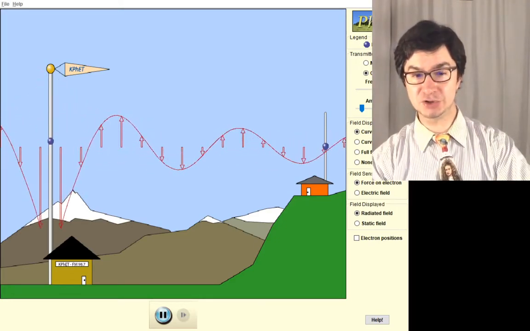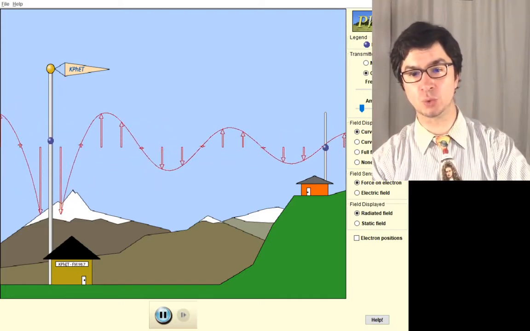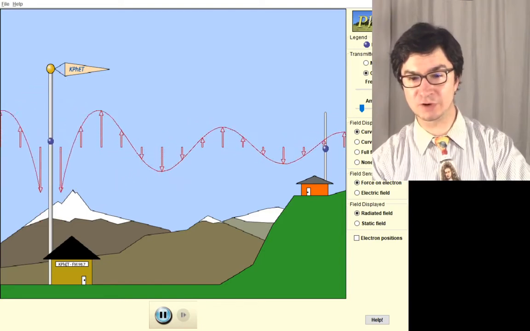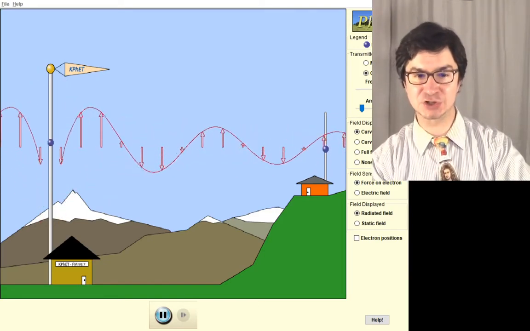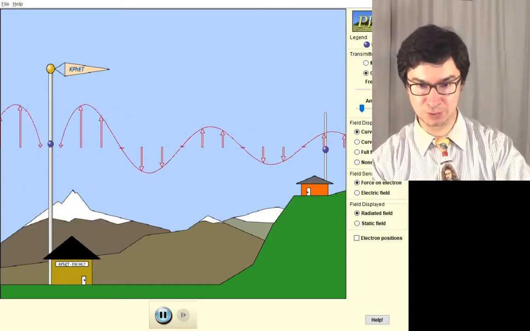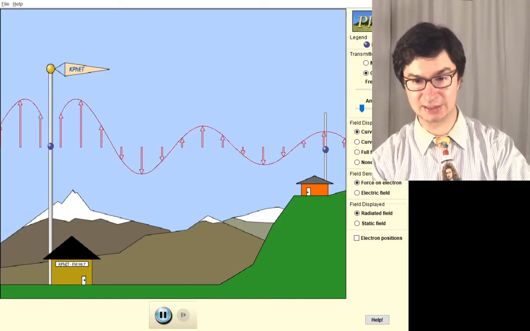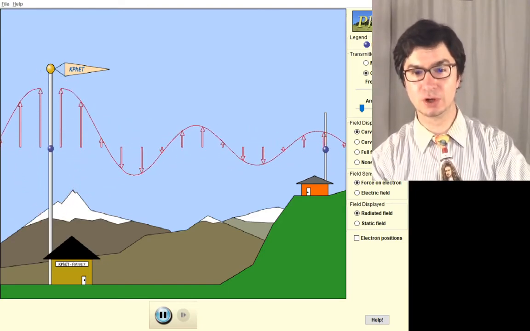So the radio station is a transmitter, and then the house represents a receiver. And what it does is it receives the wave, and the electron over here oscillates at the same frequency as the transmitter, right? So this antenna is picking up the oscillation, and it is oscillating in response to the electromagnetic